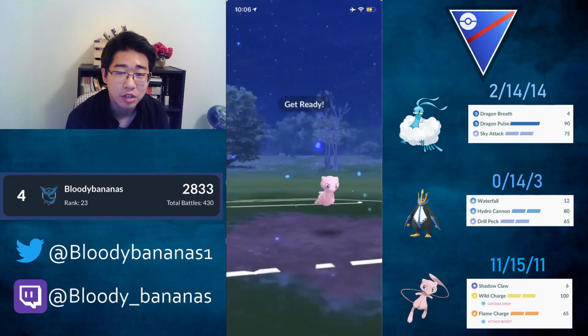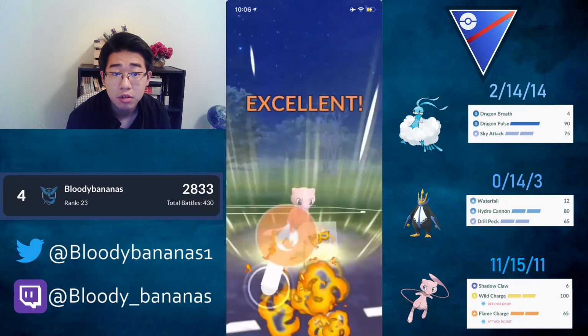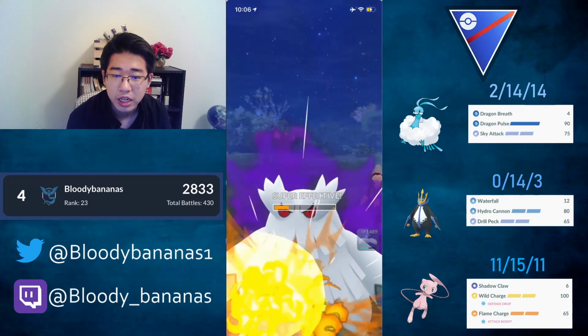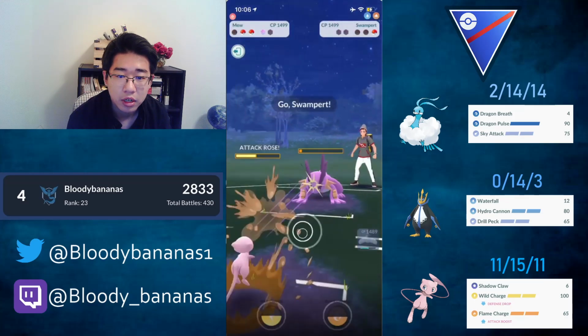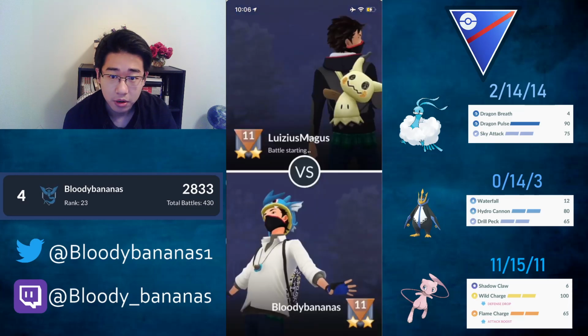All we have to do is get to 2 Flame Charges. They only have 1 shield, we had 2 shields, and we should be able to take this game. Just taking out the Abomasnow now, a couple Shadow Claws will finish off the Swampert. So good game to my opponent. Let's see, next game we have